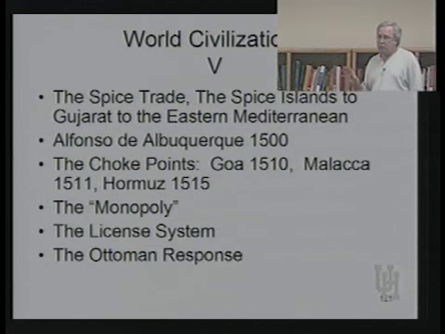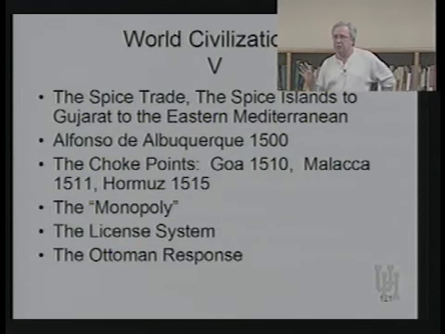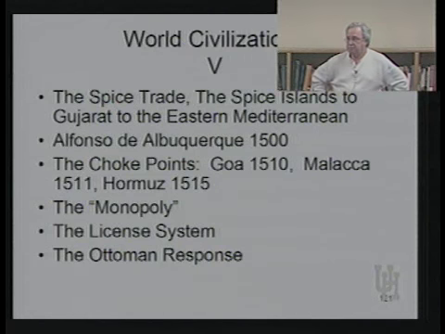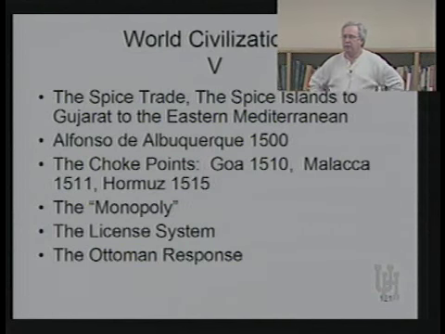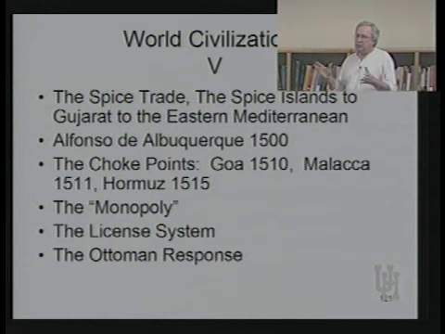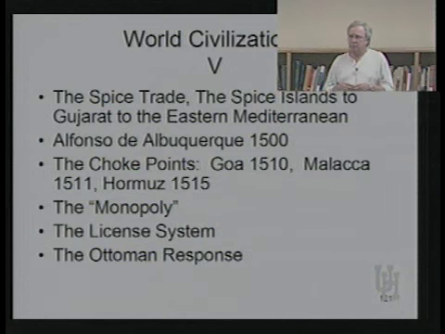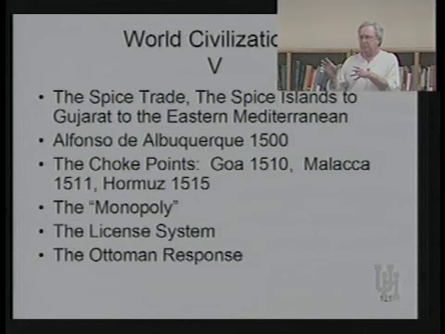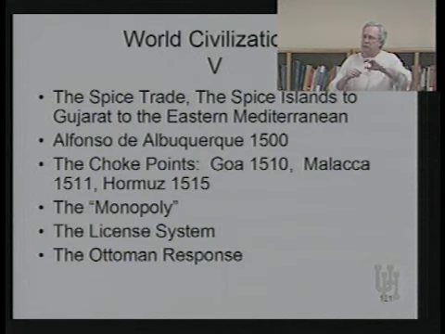The key for the Portuguese, what they were most interested in, was the spice trade. The spice trade, by the time the Portuguese began exploring down the coast of Africa in the 15th century, in the 1400s, was probably already at least 1,000 years old. Probably for 1,000 years, spices had been transported from the Spice Islands, essentially islands in what is now Indonesia, across